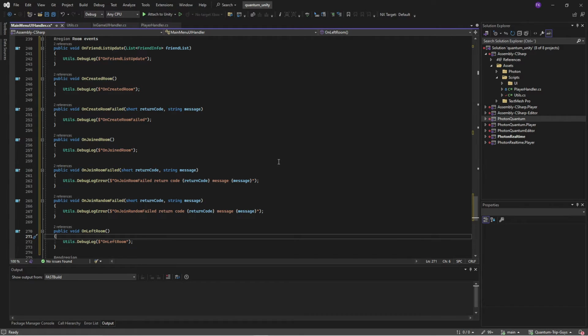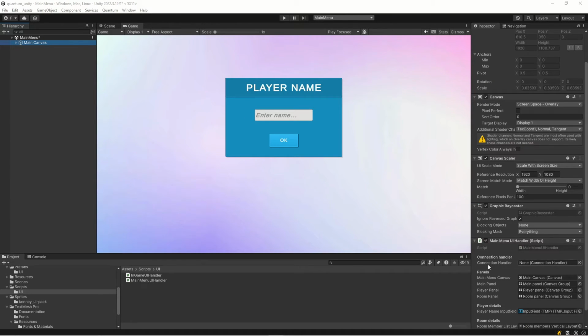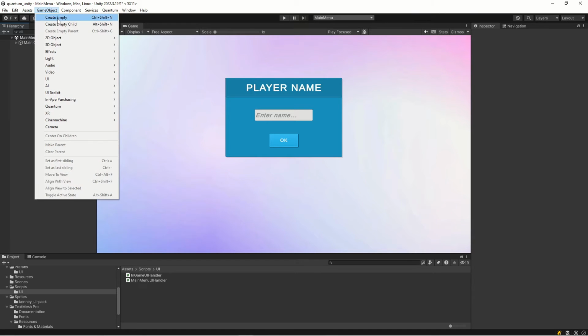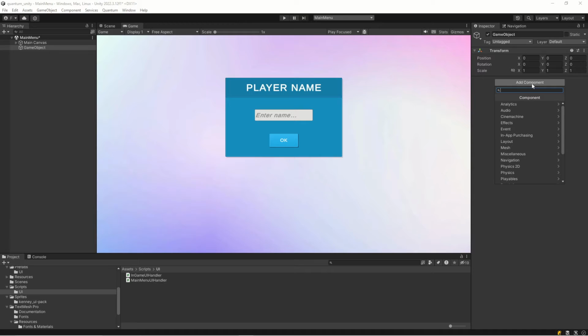Okay, so now we have our events set up, and now we can actually try it and see what happens in Unity. Before we take our code for a spin, we need to assign the connection handler. So we need to create a new game object for that. So create empty, reset the position, and add component Connection Handler, and keep the defaults as they are, and rename the object to